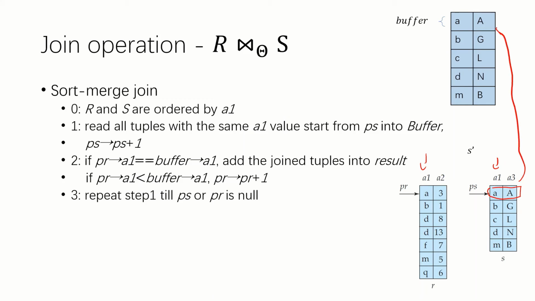So first load this into the buffer, and then you increase PS correspondingly, and you do a check over here, and if this is the same as this, then we add the joined tuples into a result tuple. So result will be a 3,